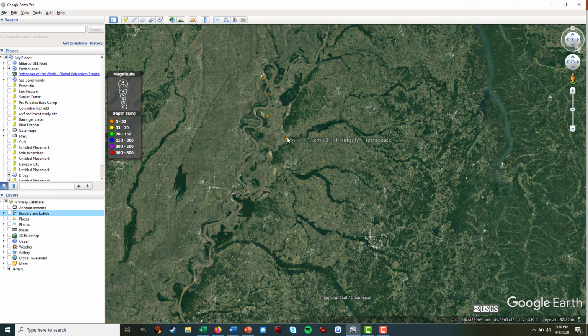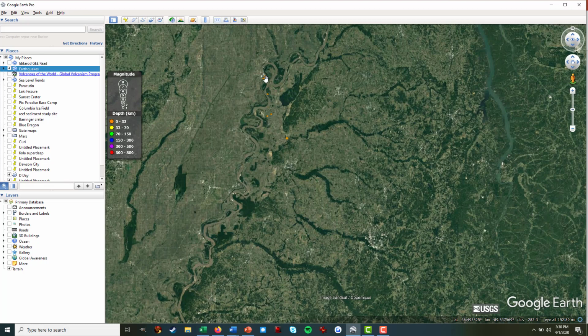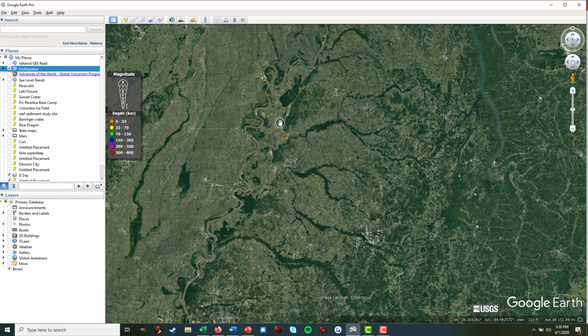Now these aren't very big at all. That's a little magnitude 2.2. It's about 7 kilometers, 4.5 miles down or so. Not very big at all. But look, there is still seismic activity happening here along the New Madrid fault zone. And so yeah,